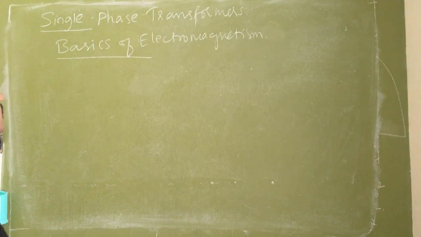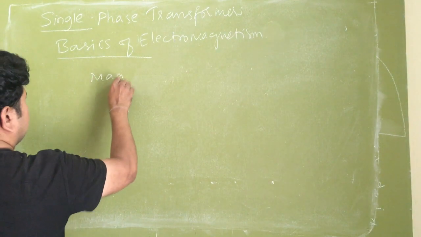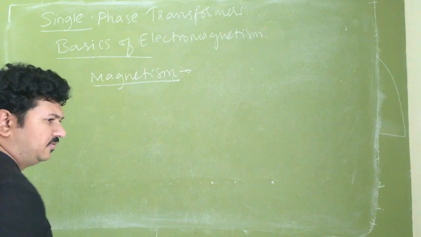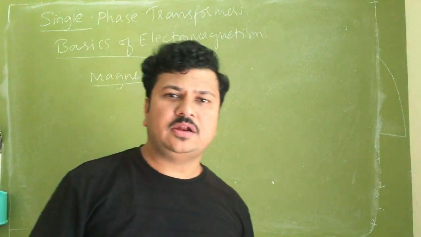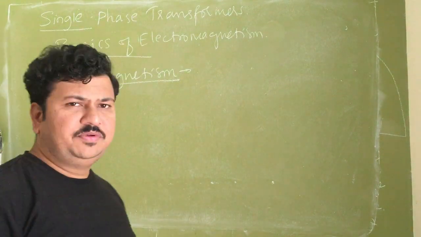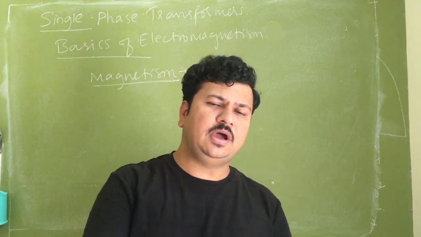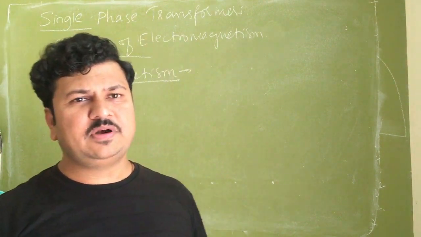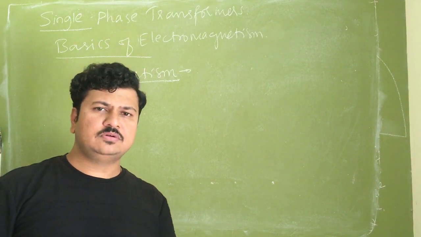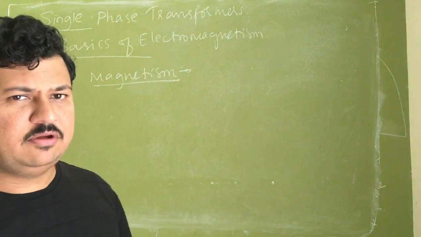Okay, so what is magnetism? First we will see very briefly. All of us have played with magnets when we were young. We used to take magnetic pieces and attach iron filings to them, and after some time of attachment those iron filings or iron pieces or needles or pins would also become magnets. They have also started behaving as magnets.